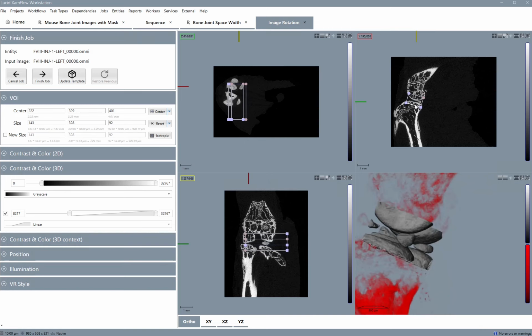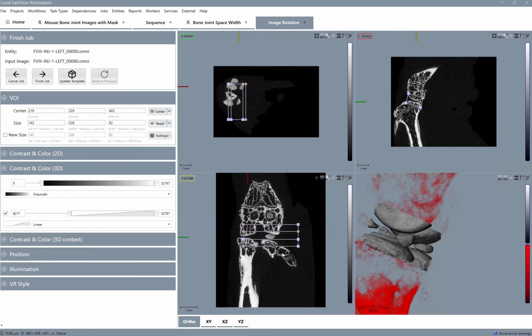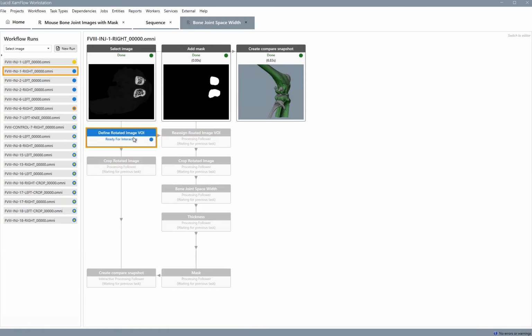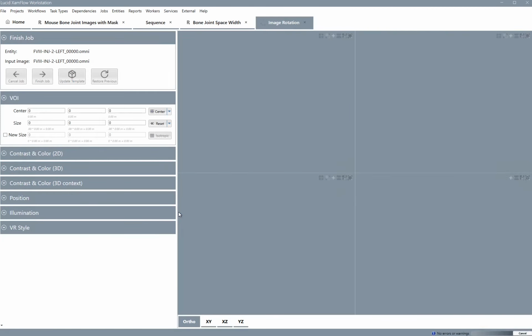We can fine-tune this a bit, and once we are happy with the selection, we click the big Finish Job button to end this first interactive step for now. The workflow now automatically continues processing this first image, but we can already move on to the second image and